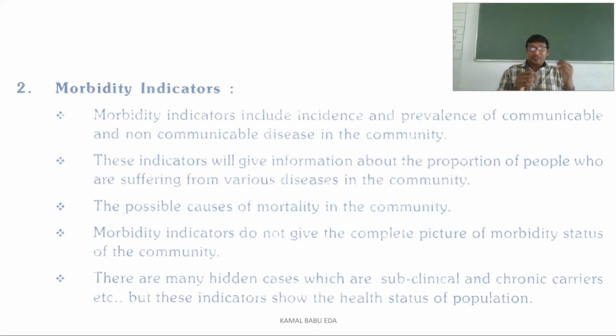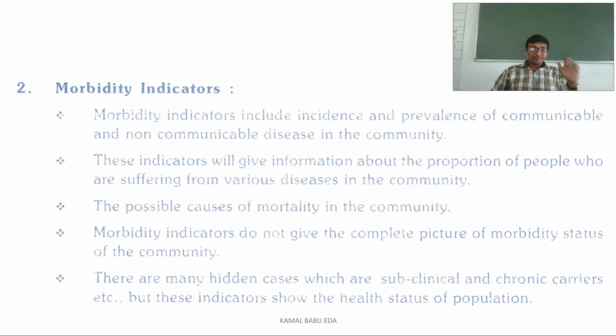nobody in the community, for example, if you take COVID-19 itself, nobody in the community wants to come and say that we got affected with COVID-19, because there is some type of discrimination going on in the community. So when the person is not willing to come outside and show us, how can we know that the person is having a particular disease? So it is not giving us the complete picture.